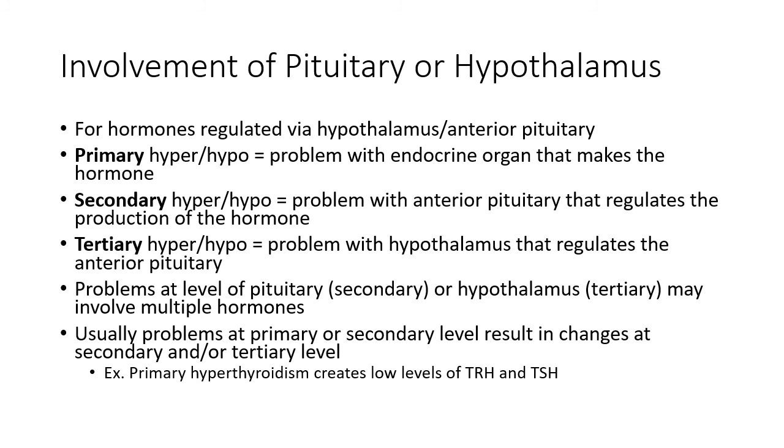So for instance, if you had a tumor in your pituitary gland that was secreting TSH, thyroid stimulating hormone, that would be acting on the thyroid gland to make a lot of thyroid hormone. Then that thyroid hormone is going to prevent the secretion of thyrotropin releasing hormone, or TRH, from the hypothalamus. So you should have low TRH, high TSH, and high TH if you have a tumor in the pituitary gland